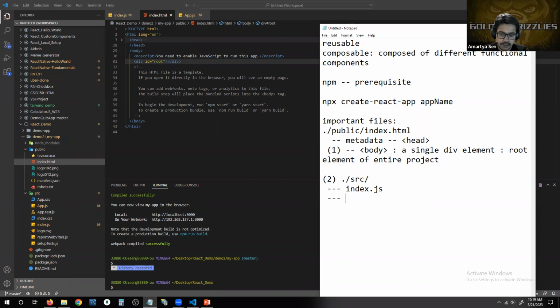The second important file that you have there, which is essentially the main functional component of your entire project, we call that app.js. Sometimes you will find some code that excludes this app.js and treats the index.js itself as similar to app.js, as the primary functional component. And then what they do essentially is that within this SRC folder, so this we can say is a separate step, you create another subdirectory within SRC